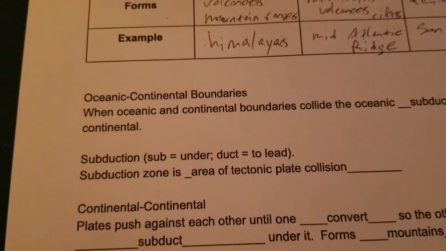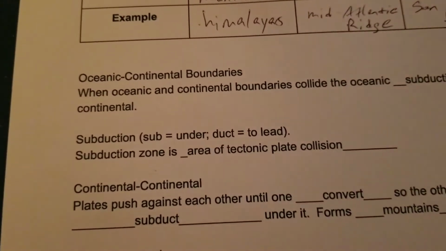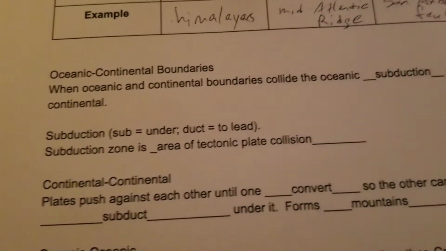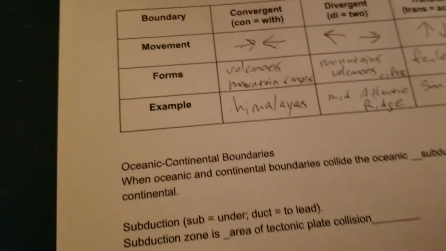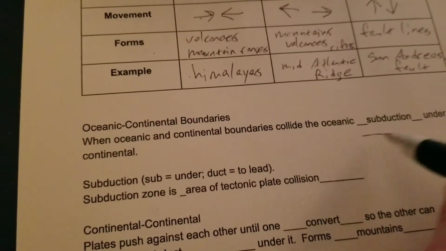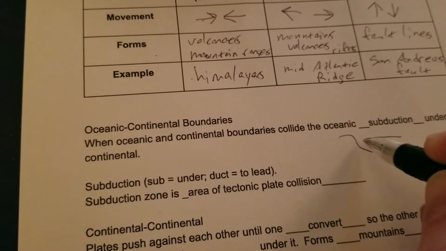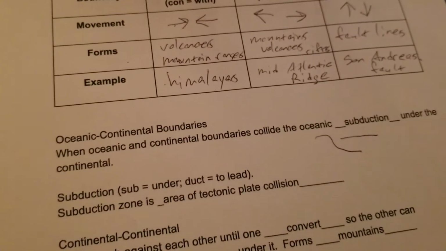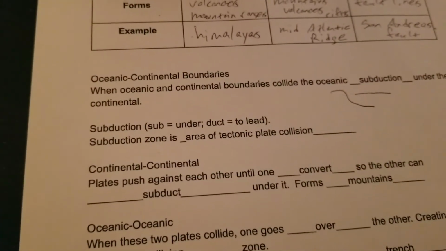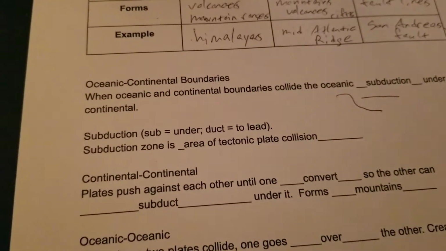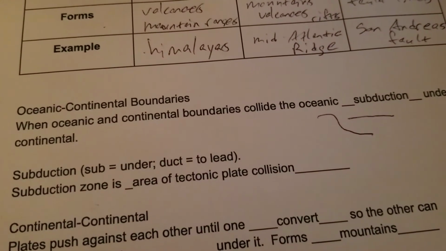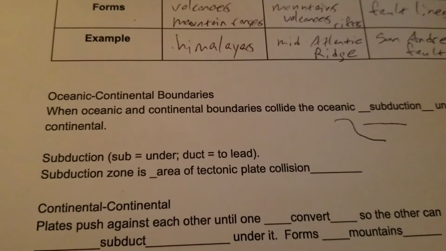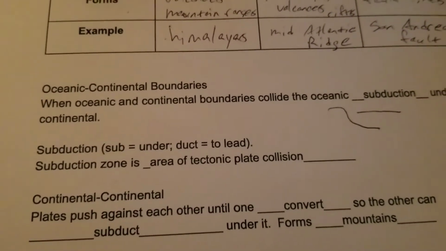Himalayas. When oceanic and continental boundaries collide, the oceanic subducts under the continental. That one's clear. You want to add notes to it, you can. You want to draw a picture of what it might look like, you certainly could do that. But this is showing what that would be. Okay, under, subduction. Subduction zone is an area where tectonic plate collision... Wait, that one's not complete, right? That's not a complete sentence. Subduction zone is an area where tectonic plate collision